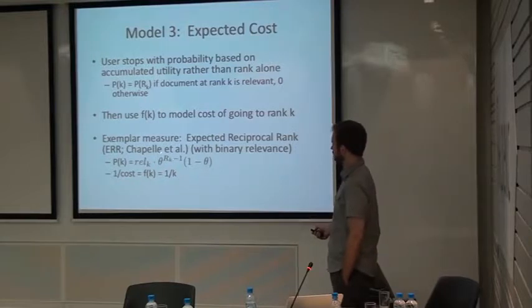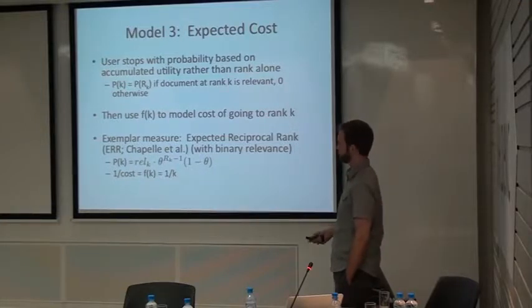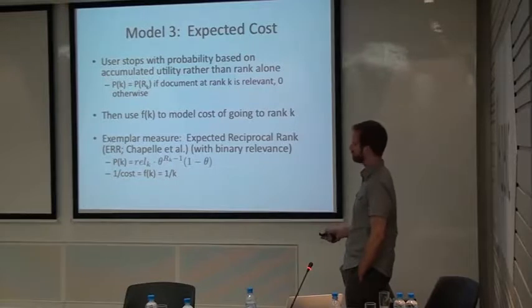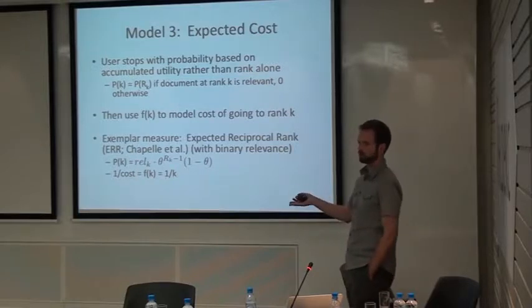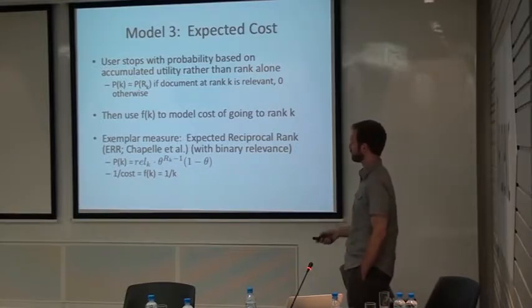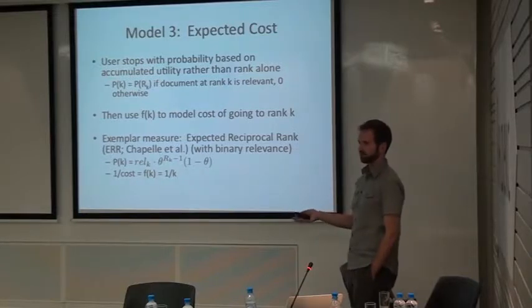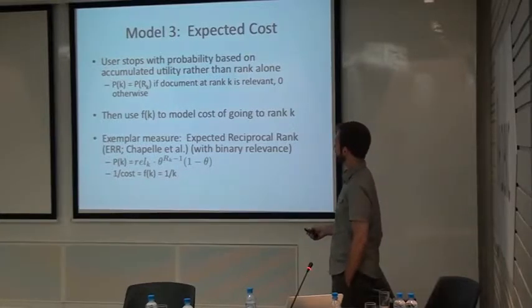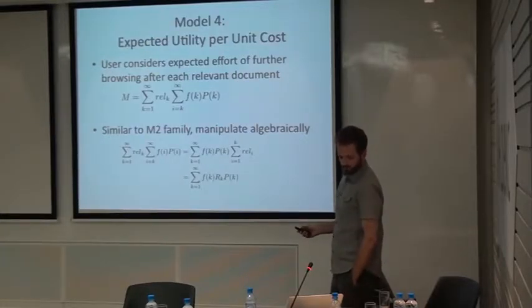And so in the discounted gain model, we can think of the relevance judgment as being the gain, and now we can think of the cumulative density as being the discount. And I would argue that DCG is the exemplar measure for this class, where F of k is the DCG discount based on logs, and summing over this gives DCG. So I'll show how that works here. Sorry, this is a lot of math. As I said, this is the theoretical kind of work.